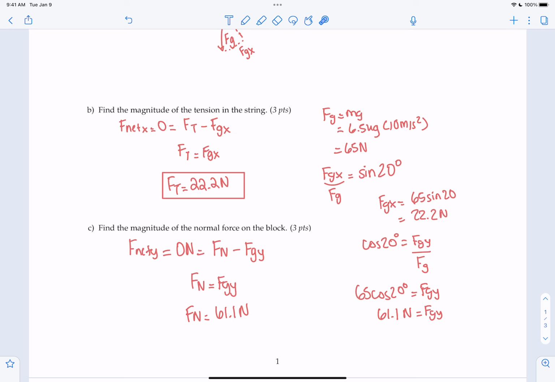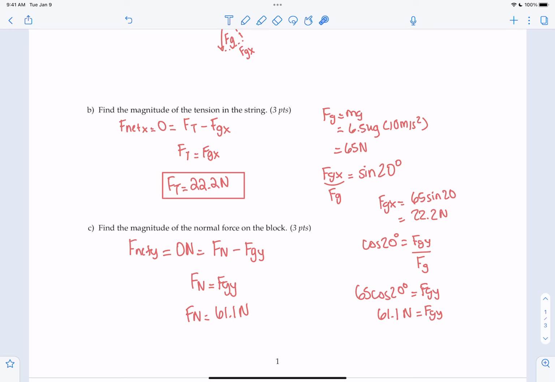So figuring out whether or not you need to set up an FNet equation is a very common question. The idea is that it always comes back to what's given and what's unknown. That's the whole idea of physics when you're solving any of these problems. What's given, what's unknown? Oh, I have mass. I know the block is motionless. I have to interpret all these things, look at what's given to me and what I need to figure out. If you need to figure out a force,